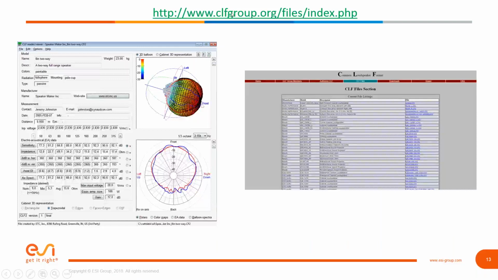So we didn't reinvent. There's an existing standard common loudspeaker format that's used for speaker or point source directivity. You can view it in 3D, you can view it in a 2D plot. This is a third-party, freely available reader, CLF reader, available from this site. And a lot of loudspeaker manufacturers will provide this. You can also use that format for your own test data or a simulation outside of VA1 if you want to bring that in. And you can see and view in full detail the source directivity